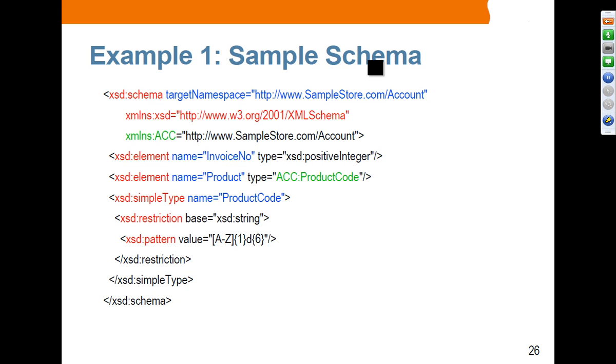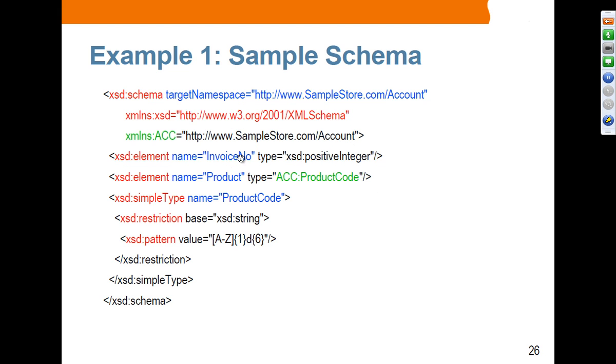A schema is where you are defining your own elements. Okay, so in this case, we have defined XML schema, and this is a target namespace. So this is the namespace. These are the elements you are defining: element and simple type restriction. So you are defining three elements here: invoice number, product, and product code. So these are the elements that you are defining in your XML schema, so that somebody else can actually use